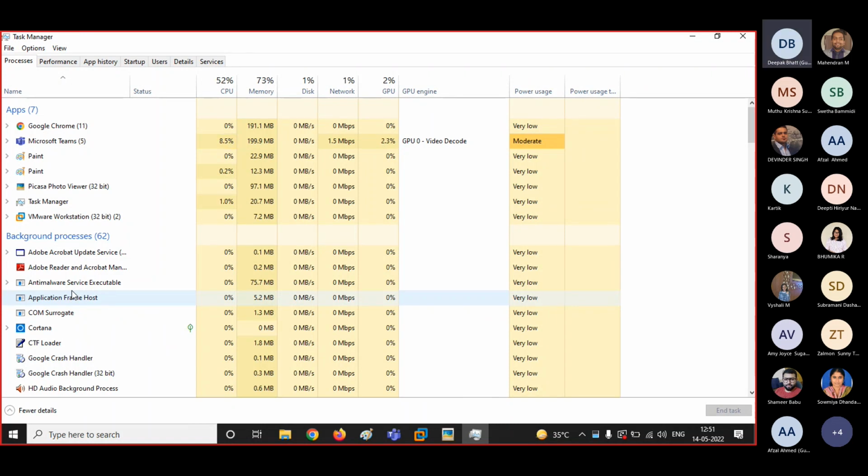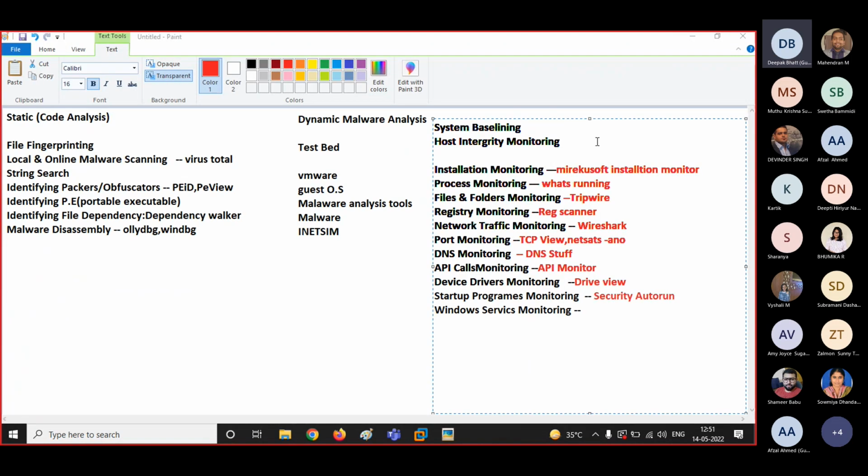So what attackers generally do is they rename the malware to a genuine file name or genuine service name. I will take access of the system using a payload and I'll change the name of that payload to anything like Paint or Google Chrome. So you will not be able to detect that particular malware in the system. This is what Windows service monitoring does. You will be monitoring the services that are running on the system.